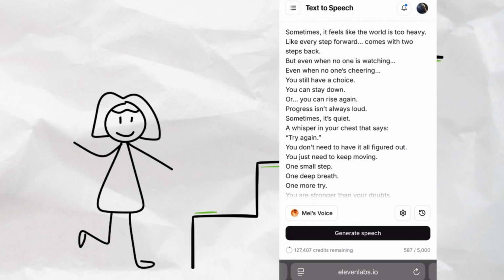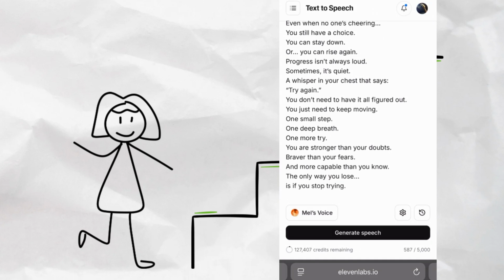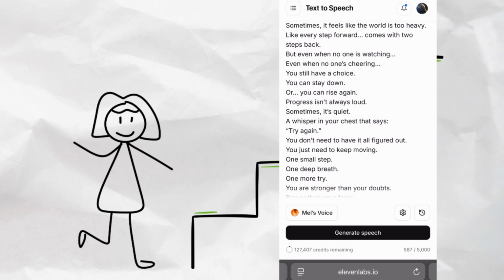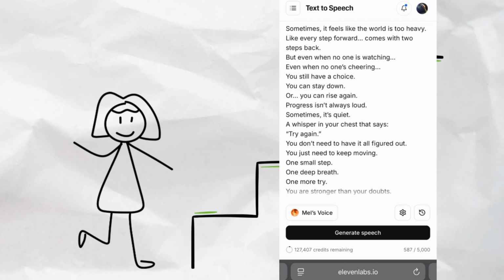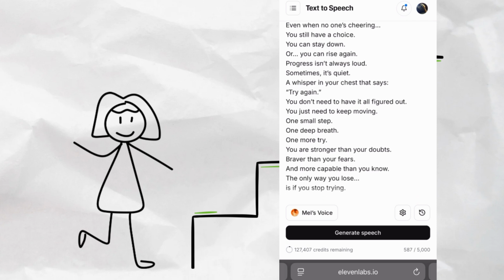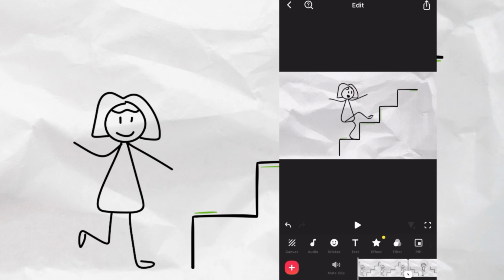But for this, I used 11 Labs and I did tutorials on this. They have so many free voices, so you don't need to clone your own voice if you don't want to. So I just put all the narration pieces in there and hit generate speech, which I already did. And you're going to save that to your phone. And once you do that, you're going to head back to InShot and we are going to upload that narration